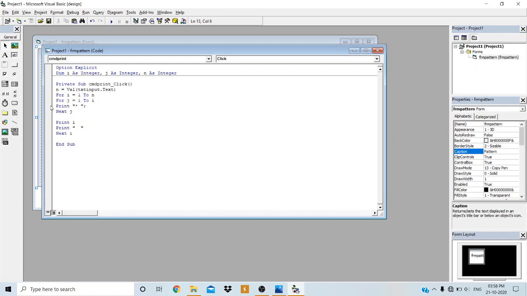So what happens? The ith loop has to be repeated here. So I now becomes what? Again incremented by 1. I now becomes 3 in this third iteration. So again it will check whether 3 is in between 1 to n. Yes, n value is 3. So 3 is in between 1 to n. The condition is true. Now the second for loop, that is the jth loop, will be executed. So for j is equal to 1 again, then 1 to I. What is the value of I?